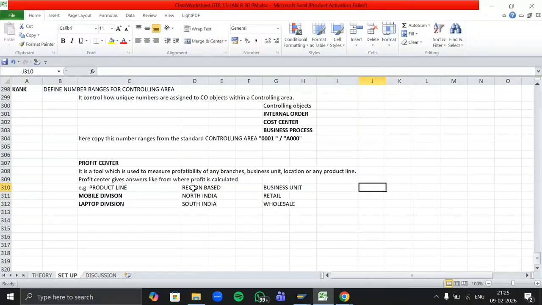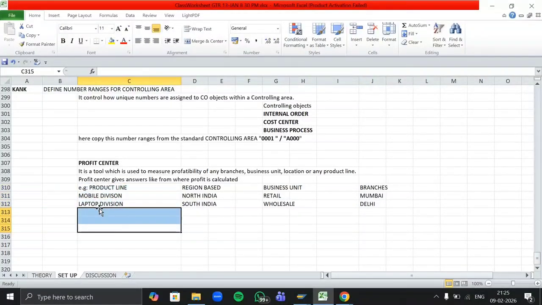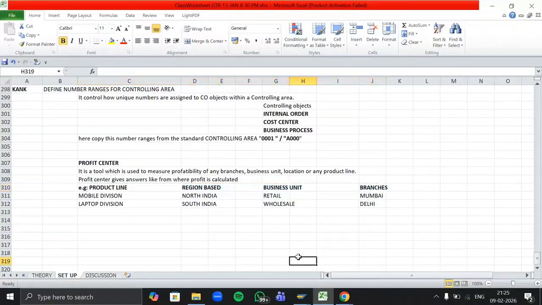I can create your Profit Center as branch wise. So are we getting profit from Mumbai branch or from Delhi branch? So in all these spaces you can create your profit centers. This is what Profit Center is.